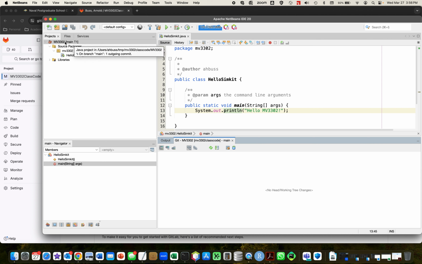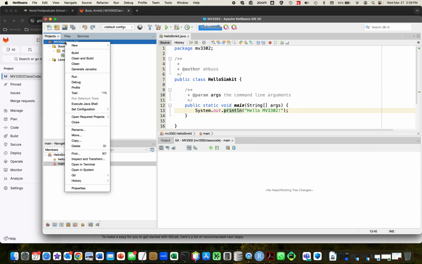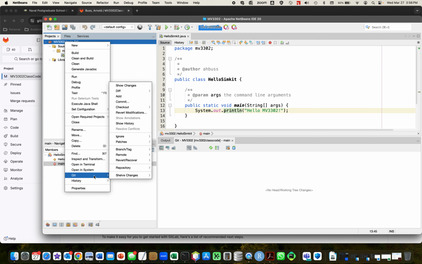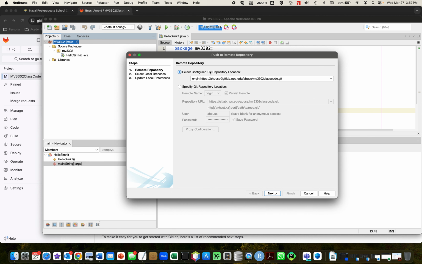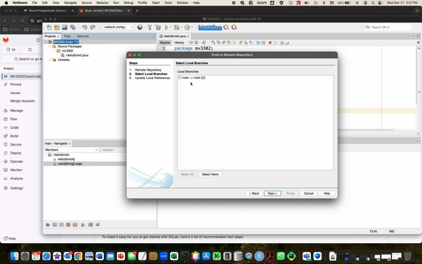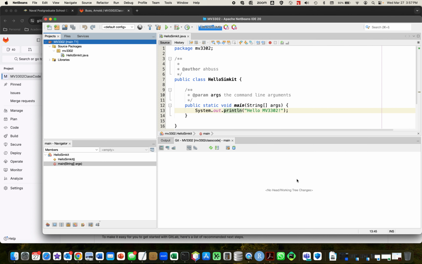In fact, right click at the top, we do a git remote push, and now you should either have only one or two if you have the one from the previous class, but double check that this is connected to the one that we want. And we go next. Okay, main, origin, main. For some reason they're calling it main instead of origin, but okay,